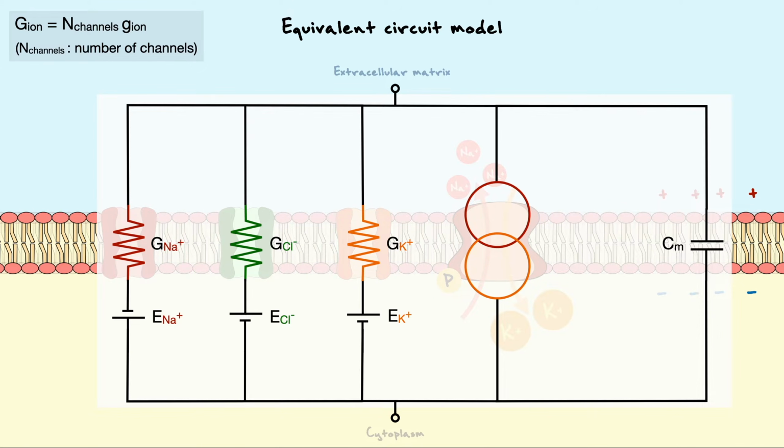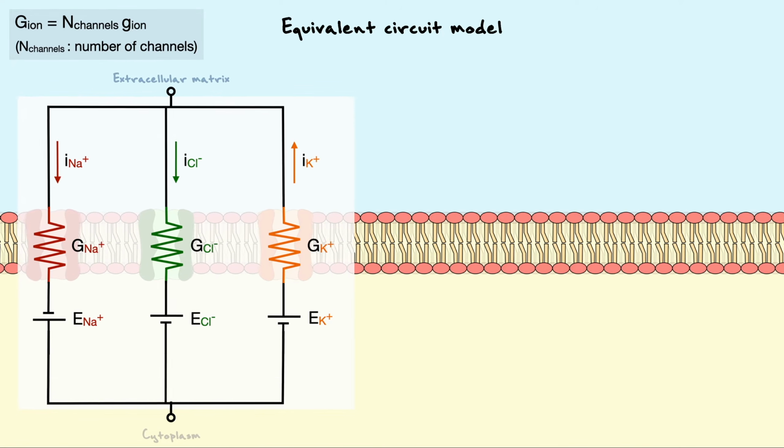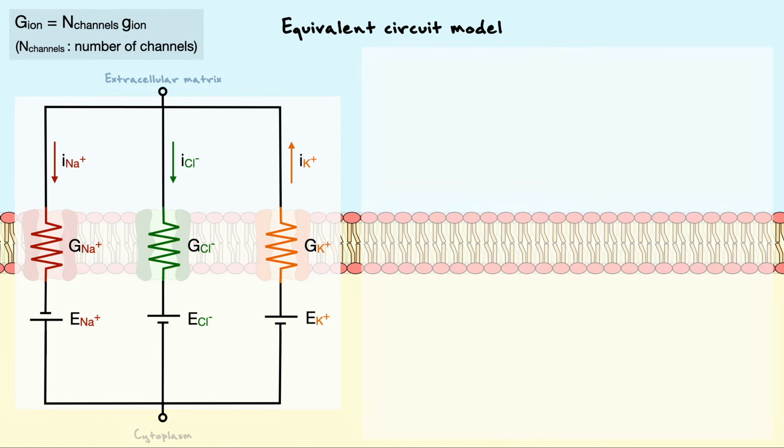The final thing to add is the direction of the currents. Now, let's use our circuit and try to find an alternative equation for the resting membrane potential. To simplify the derivation, we can neglect the sodium-potassium pump because its influence on the membrane potential is very small. Also, since we are trying to get a value for the resting membrane potential, we can neglect the membrane capacitance